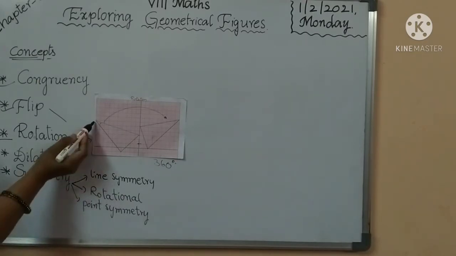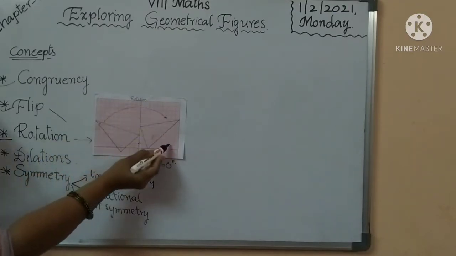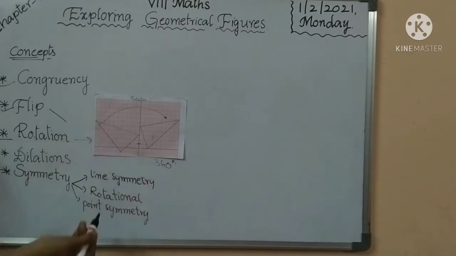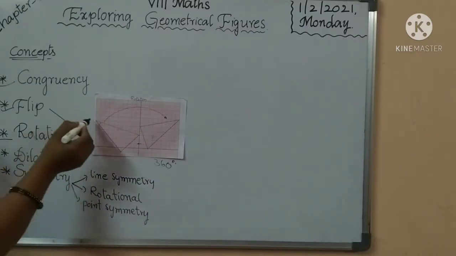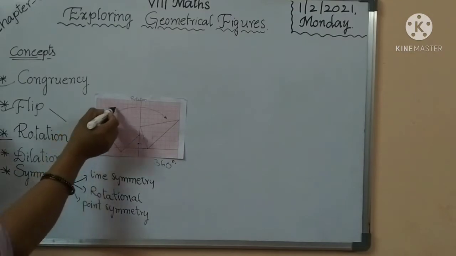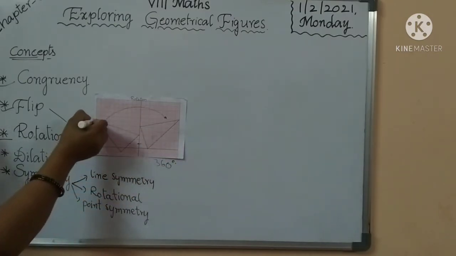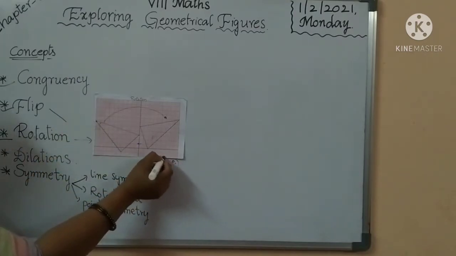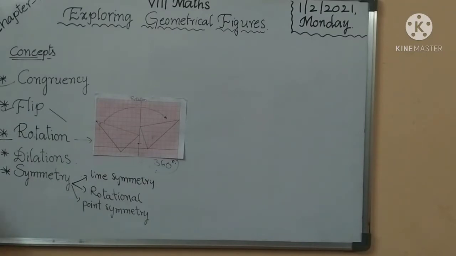Okay children, here take the triangle shape of a figure. Okay, triangle shape. Around the figure, the same shape. Here we do not change the figure. Around the figure, that is the same shape. That is called a rotation. Starting the figure rotation, once it ends at the starting place, that is called a full rotation. The full rotation angle is 360 degrees. It is a rotation. Okay children, did you understand? Okay, the next concept is dilations.